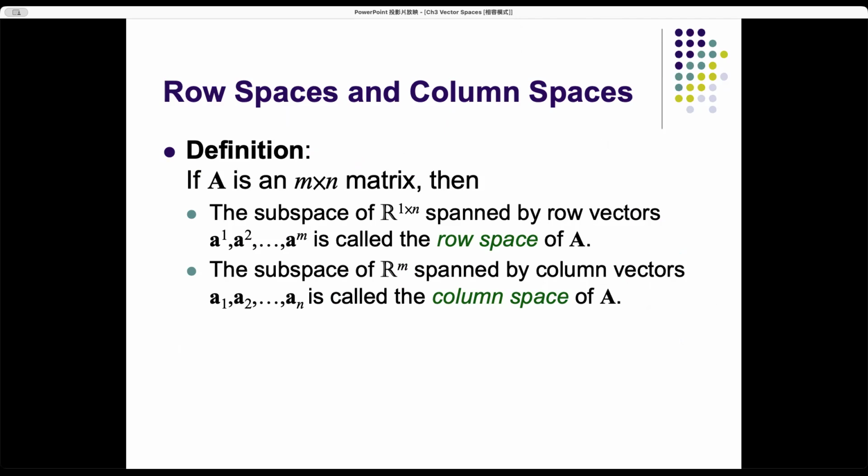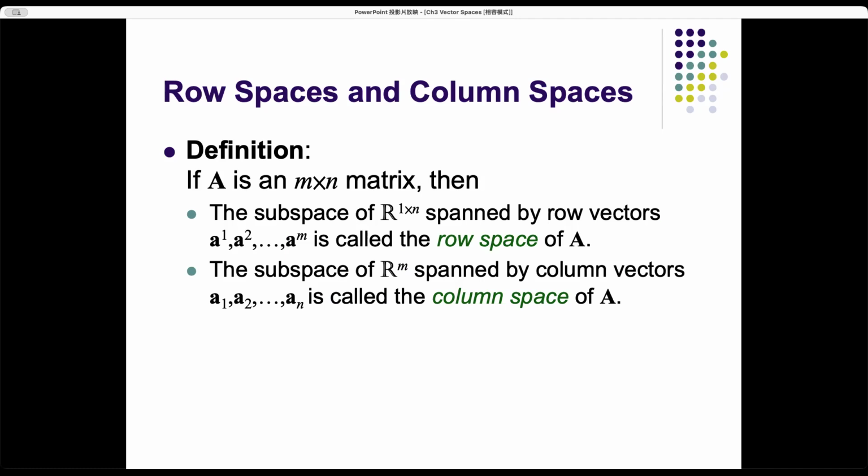Previously, we were mostly talking about square matrices. But the matrices we are talking about now are not necessarily square. 就是前面我们讲的都是比较方形的矩阵，大多数的情形是方形矩阵为主。但是这边我们讨论的就不一定是方形矩阵。OK, so if A is an m times n matrix, then the space of R1 times n